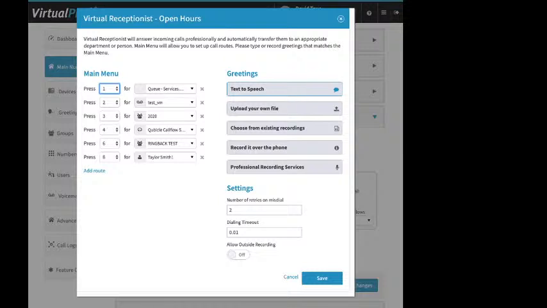To add options on the main menu, you would click on Add Route. It creates a new row, and then you would select the options from the first column here. These are what they press. In this case, that's stuck on default route, and then where you want it to go. So now if I go up here, for example,